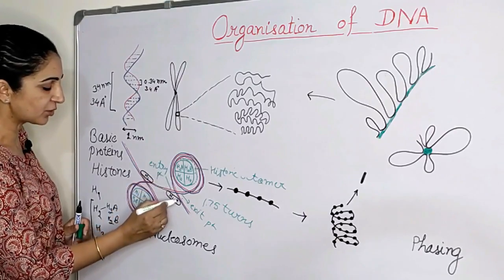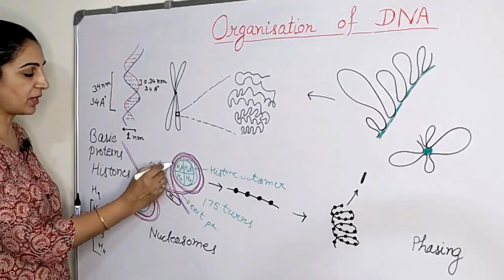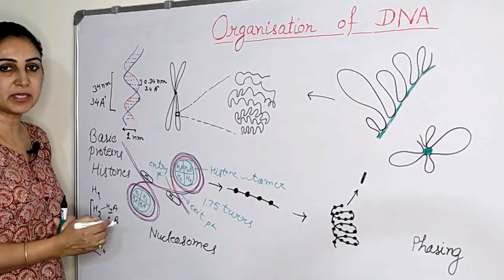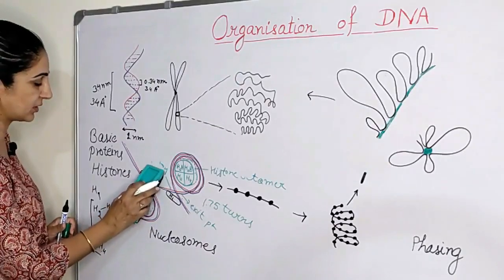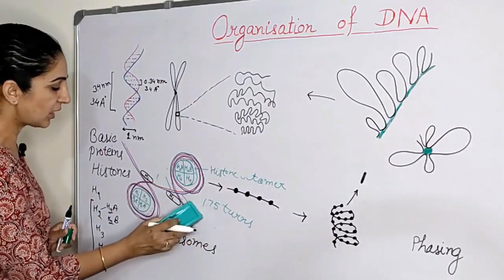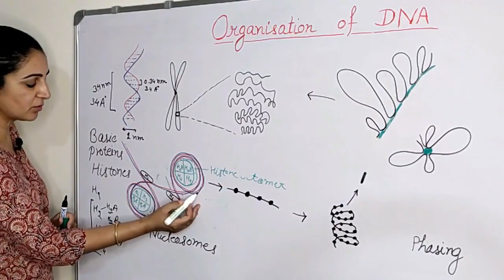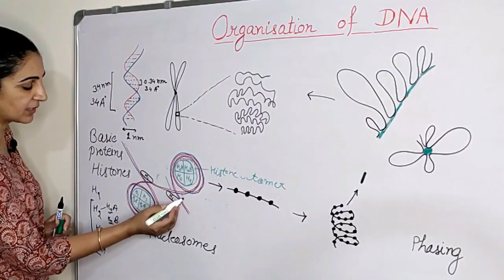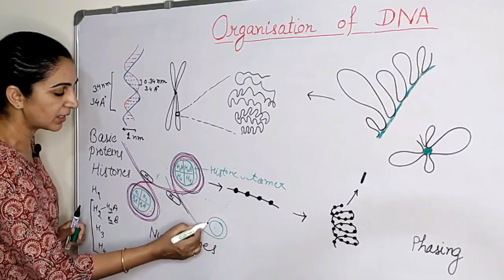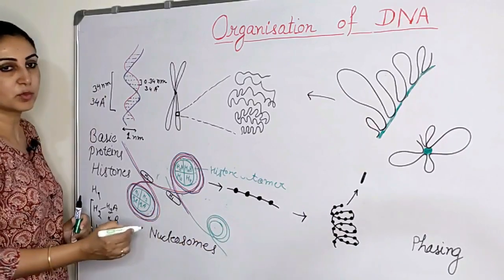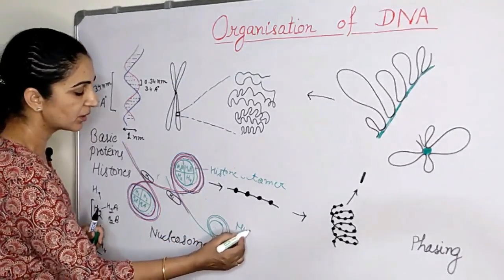So this H1 histone binds these 2 ends together. So it forms a part in the stability of the DNA molecule around the histone proteins. So ultimately, this is one nucleosome, and when this DNA double helix comes outside, it gets wound around the other core histones, and you have the other nucleosome.